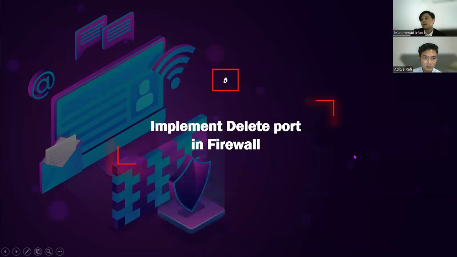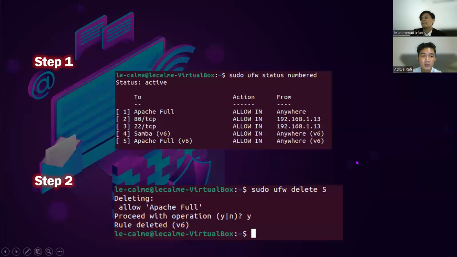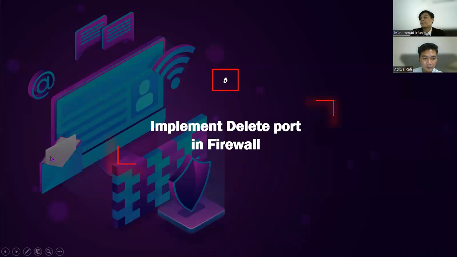Next slide. Implement deleting a port in the firewall. If in its application there is something wrong or missed, we can delete the command that we have entered through the following steps.